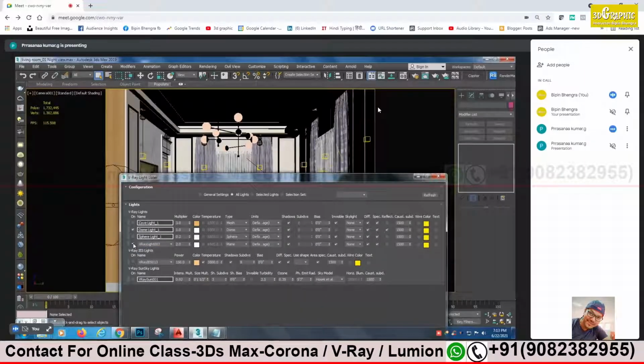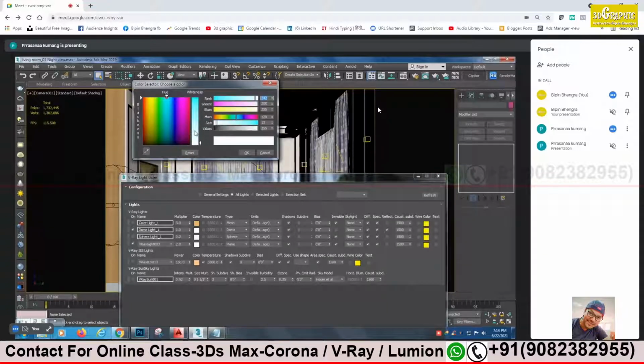Okay. Same process. We will work first on the natural light source. Then we'll go for the artificial light source. The natural light at night will be blue in color, no? Yeah. So turn on the light and change the color to blue. Power. Okay, sir. We will test render and we will see.